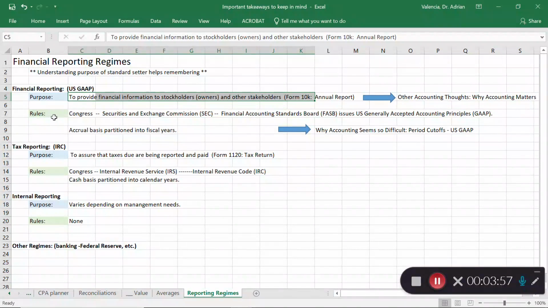All right, so where do these rules come from? Congress is technically the one that oversees this whole thing. Congress is the legislative body of the government, which includes the House of Representatives and the Senate. From there, the Securities and Exchange Commission is tasked with issuing those rules, and then the Financial Accounting Standards Board is the one that issues generally accepted accounting principles. So at the top of it all is the government overseeing this, but the way financial reporting works in the United States is, for the most part, the Financial Accounting Standards Board is the body that handles those rules, and for the most part, we,